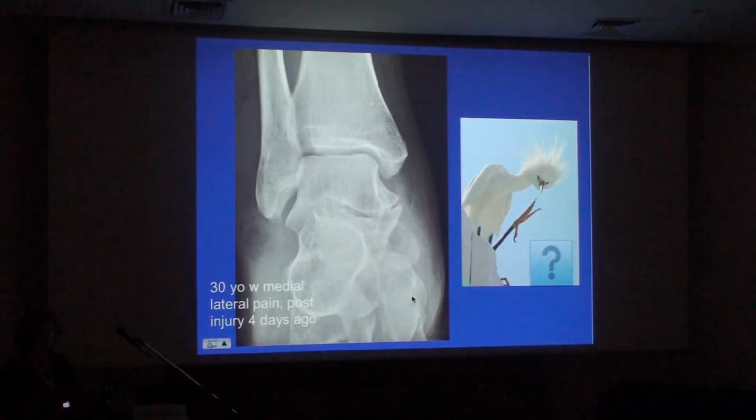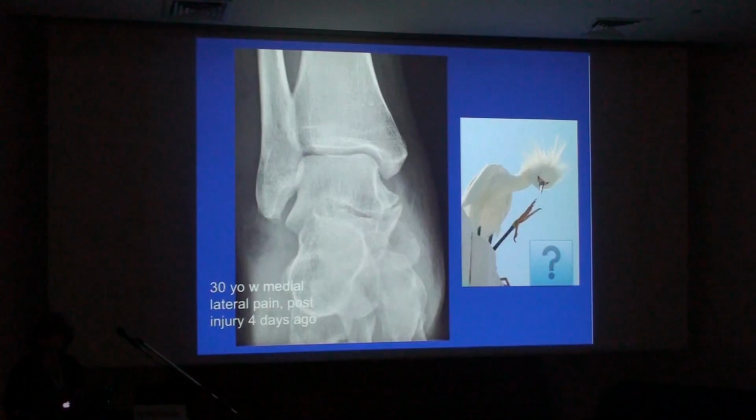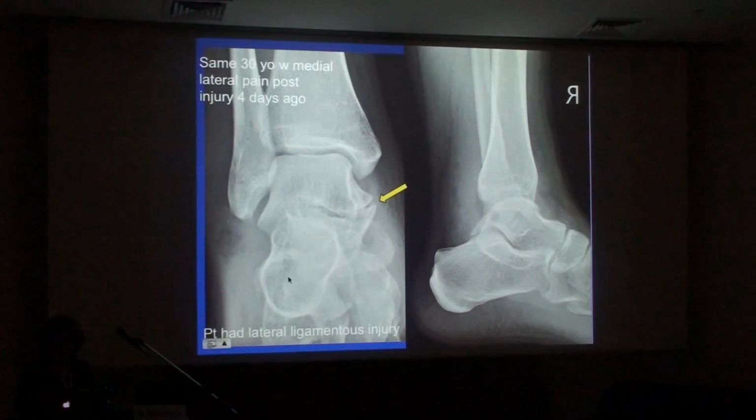Another patient, and this is my last case. I think it's my last case. This is a very acute finding, unfortunately often missed. And what does this patient have here? He has these little bony protuberances medially, right? Coming from the talus, coming from the calcaneus, forming a pseudo-articulation. This is actually